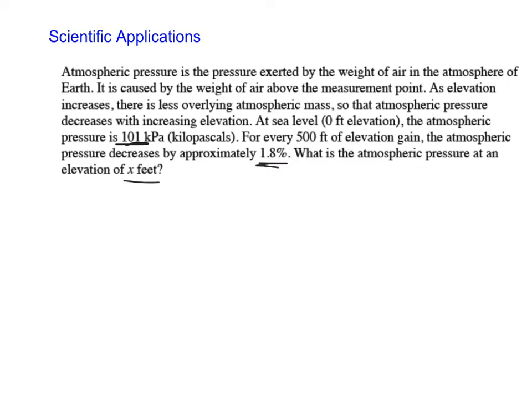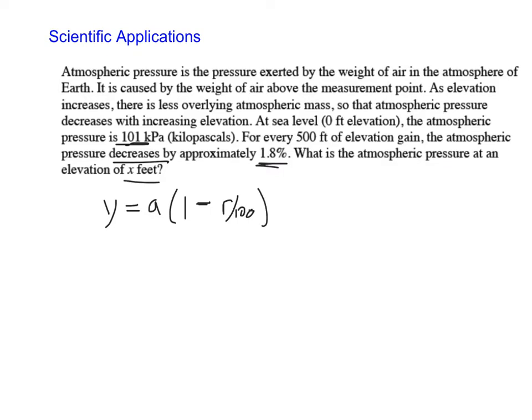Now here, we're going to have to address a couple of changes from the previous problem. We still are going to be writing an equation where y equals our initial amount, so I'm just going to call that A, times 1, but now we're decreasing. So that means we're going to have to subtract instead of add. Previous problem, we were increasing by 8.2%. In this problem, we're actually going to decrease by 1.8%. So this becomes 1 minus your rate divided by 100